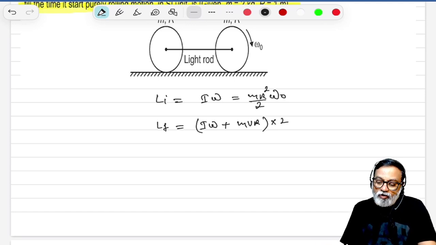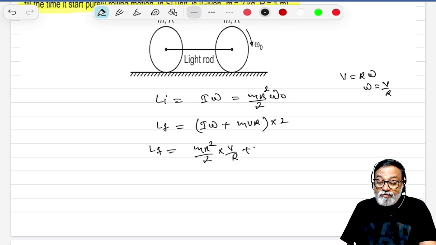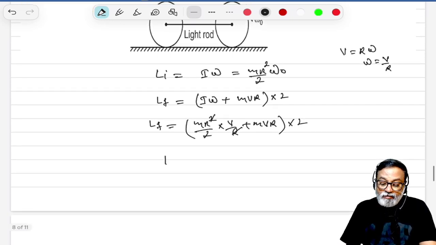But in pure rolling motion, V is equal to R omega, therefore omega is equal to V by R. Therefore, L final is equal to mr square by 2 into V by R, plus mvr, into 2. Here R square cancels. L final is equal to mvr by 2